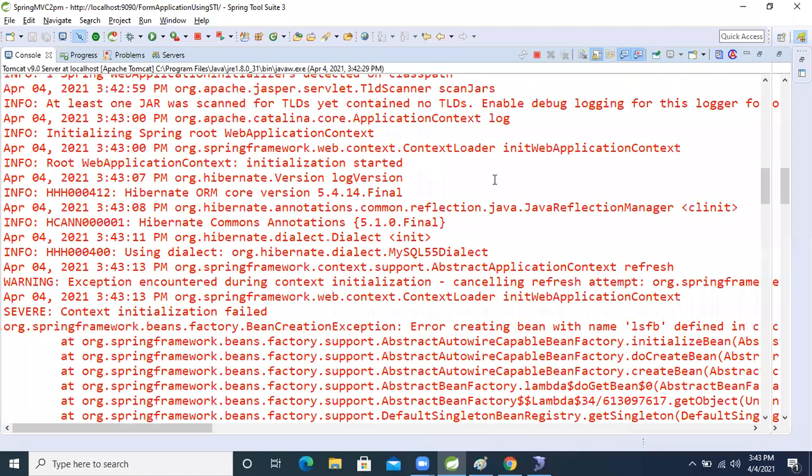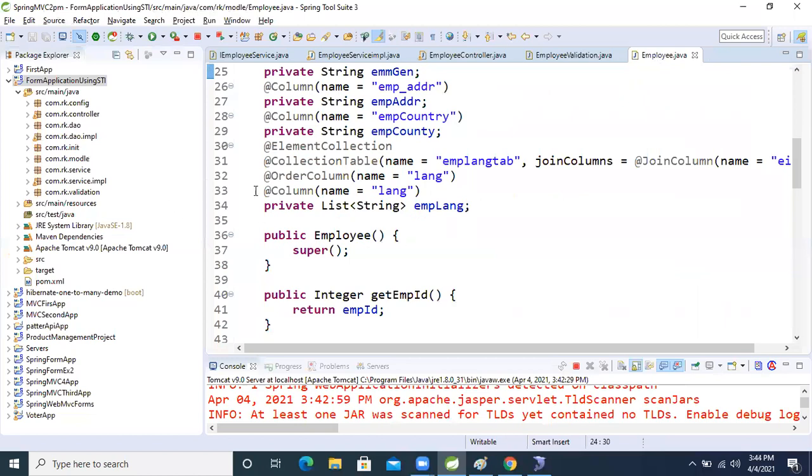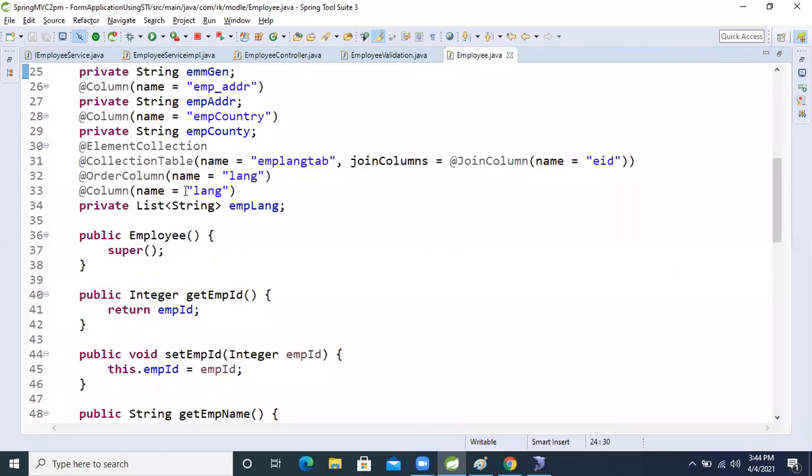In the model class, both are the same only, right?